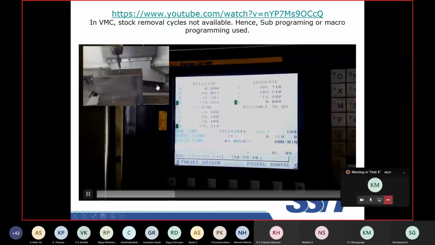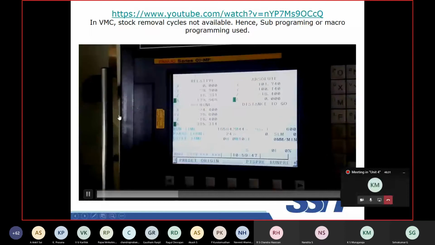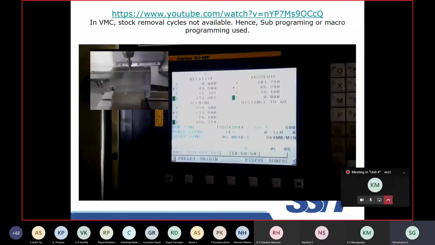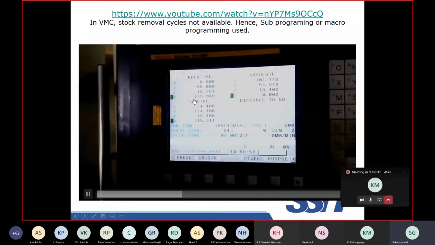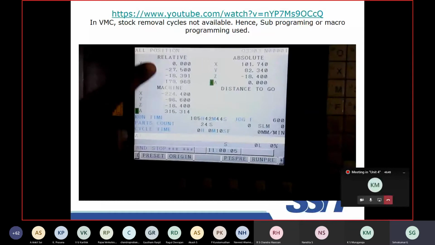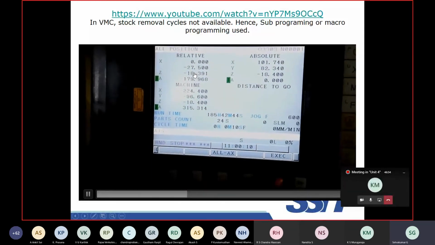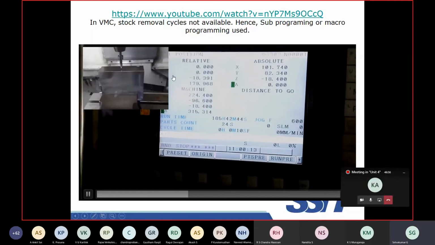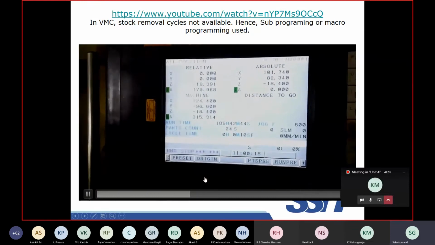Now y. Touch it at one location. Move the job in the other direction. Touch it and you can find out the length. In this case, it comes to 55 mm. So half of the value you have to set here, 27.5, and set this value as y value. Okay, you can set. Now exactly the midpoint will become the origin. We are setting the origin.